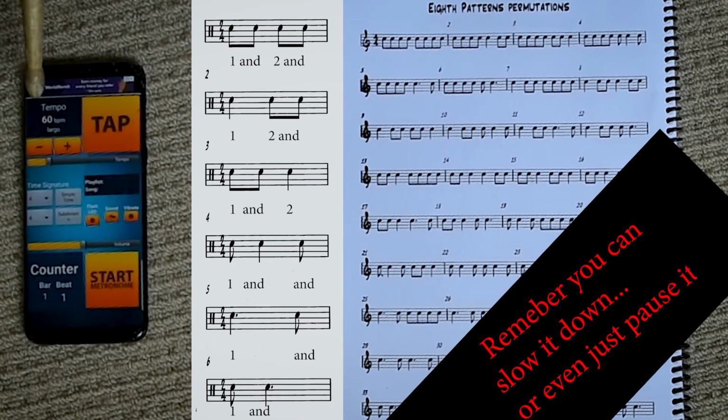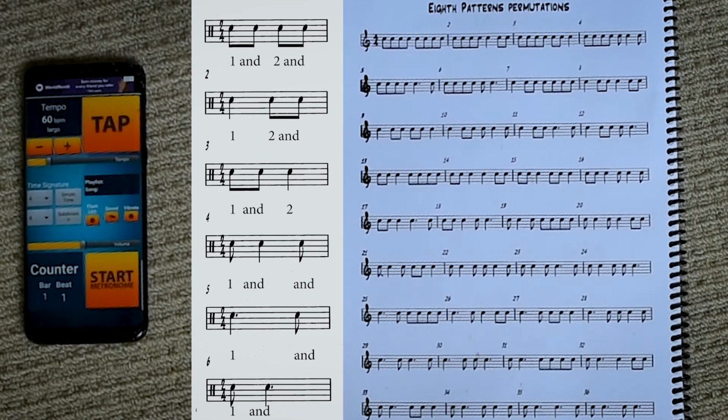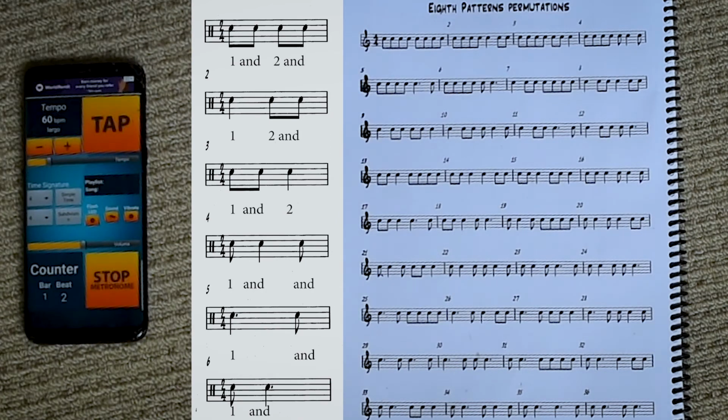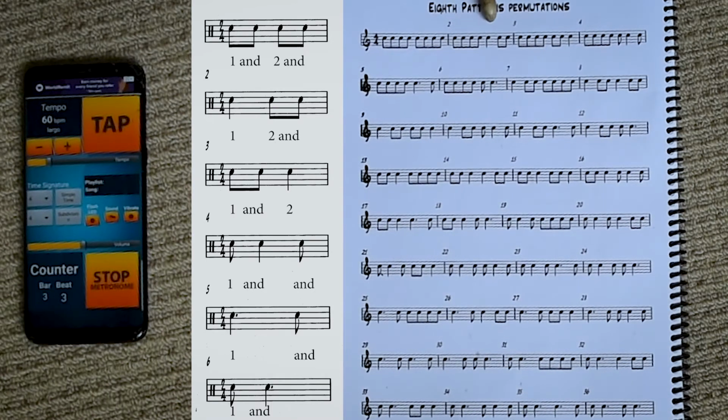Metronome, 60 BPM, beats per minute. Let's give 1 bar in, and we'll do it. 2. Ready? Go. 1 and 2 and 3 and 4 and 1 and 2 and 3